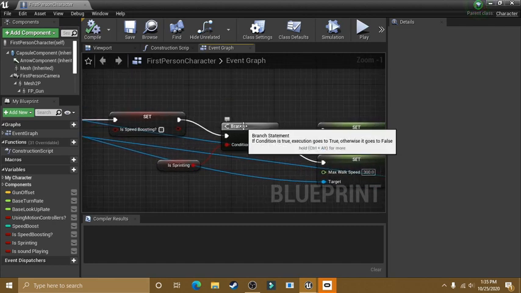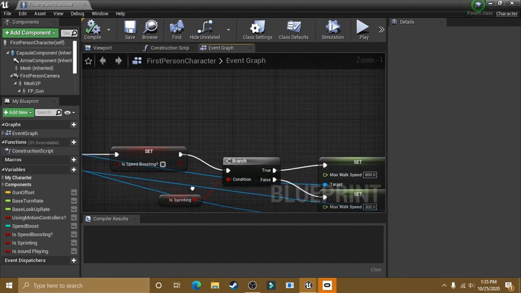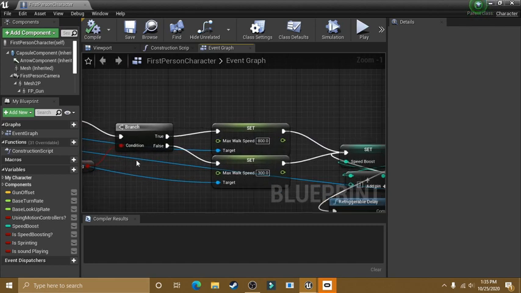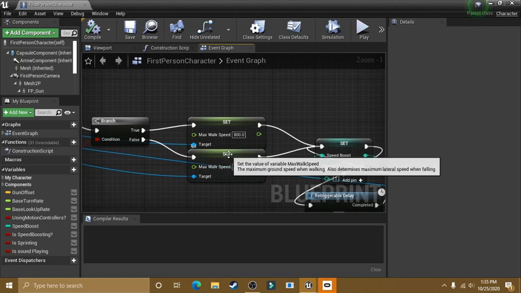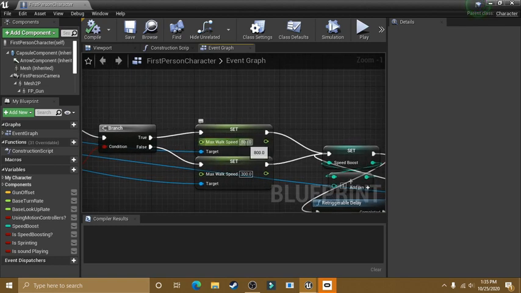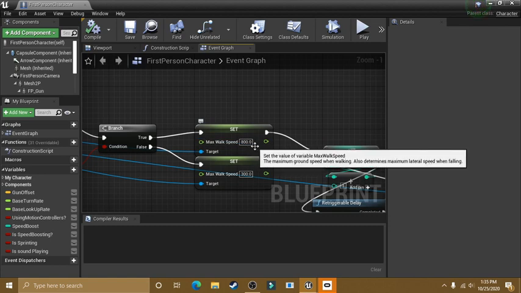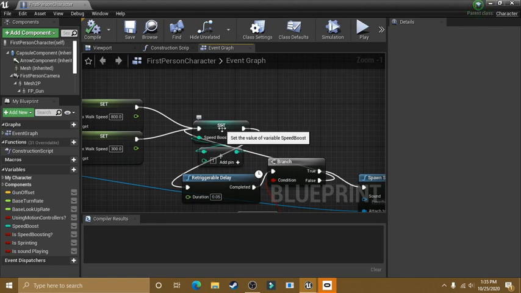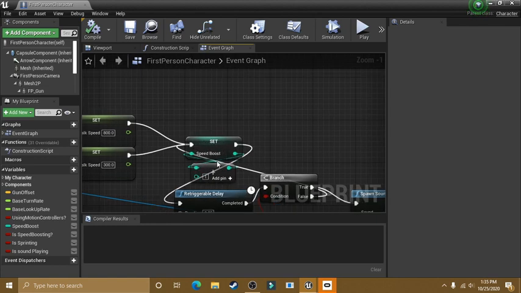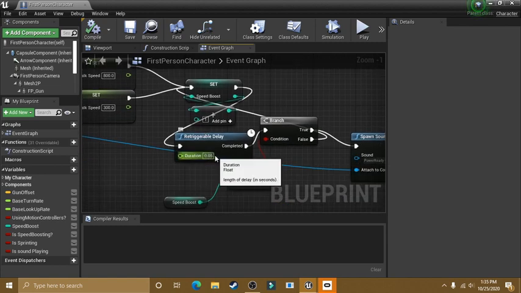And then it'll drag out to the branch is sprinting. And if it is false that we are not sprinting, then it'll set our max walk speed to 300. If it's true, then it'll set our max speed to 800. Then it'll start to add 1, and then it'll delay for 0.05 seconds,